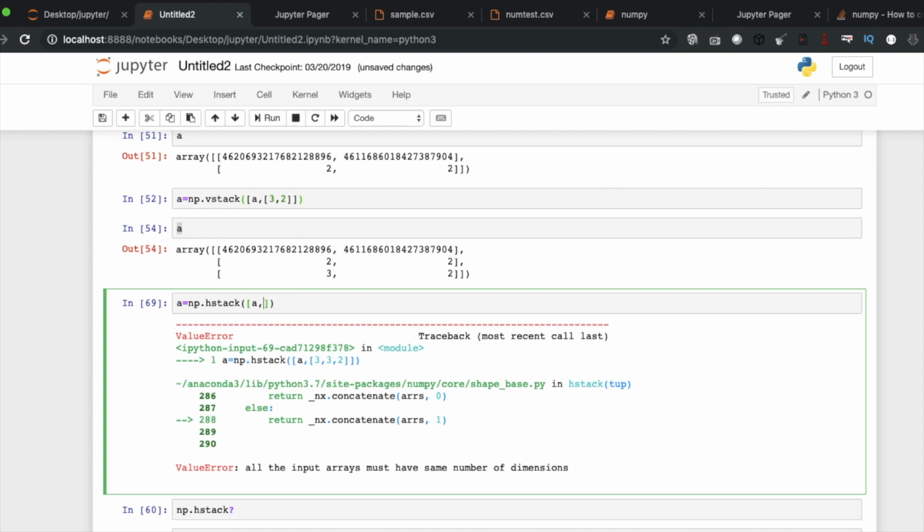Okay, so it will be np dot array, array 1 2 3, and so on.